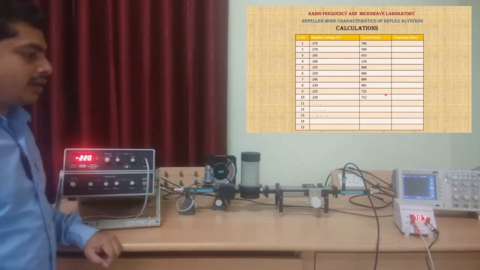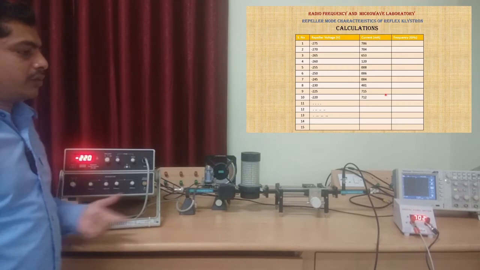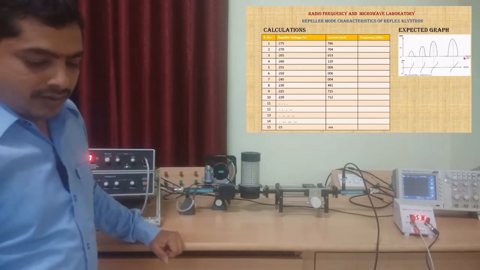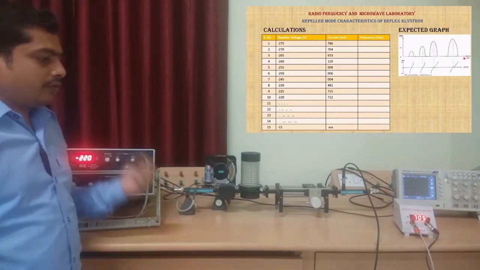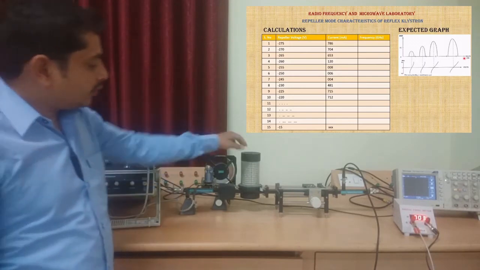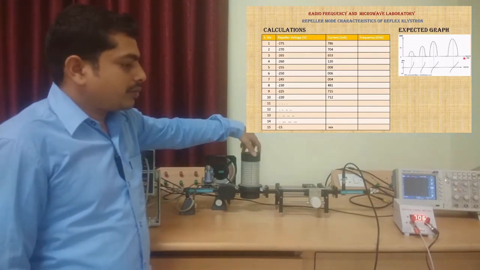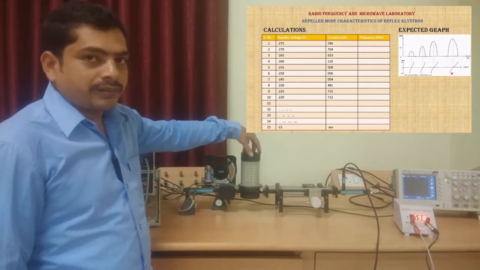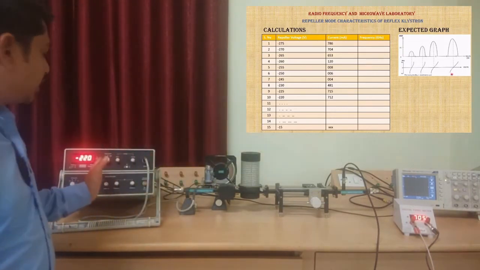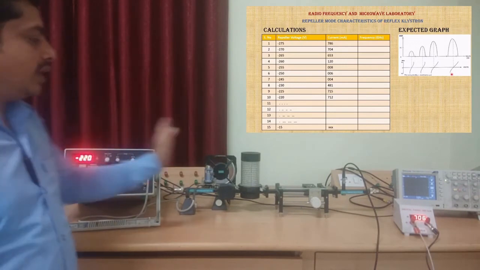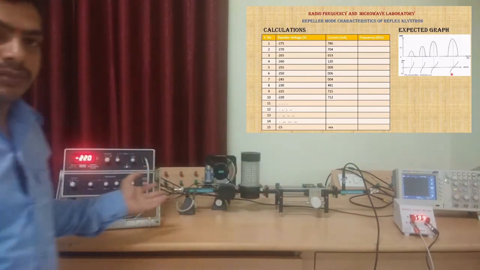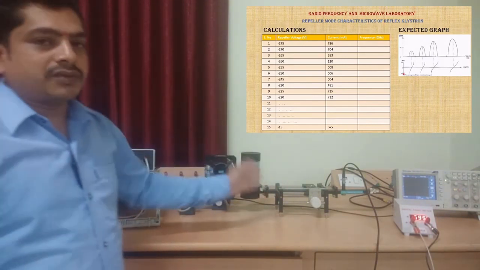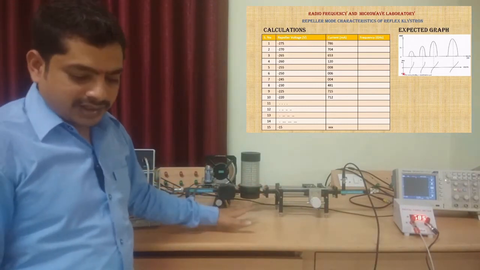To plot a graph between ripple voltage and current. While we are doing this procedure, for each and every step, we need to find the frequency by using the frequency meter. By taking these frequency readouts, we are going to get a plot between ripple voltage and frequency. While we are changing the ripple voltages, we are going to check whether the frequency is varying or not.